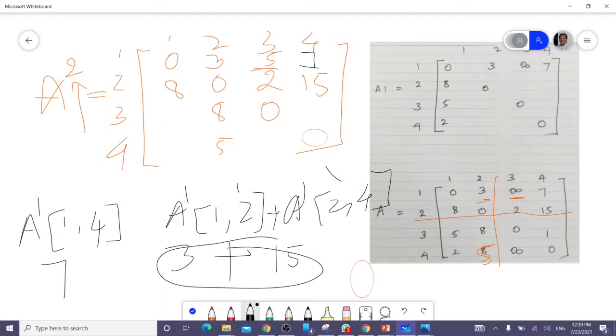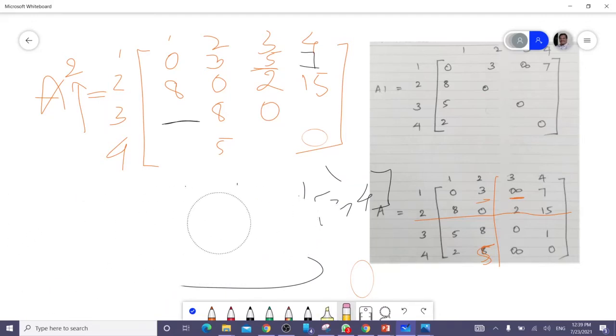The next element I have to find here is A of 3, 1.